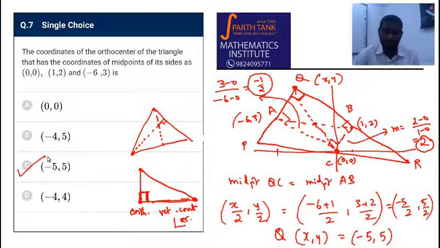See, it's a simple problem, very few calculations, if you guess that this is a right angle triangle. To do that, first of all I check the slopes of the triangle formed by the midpoints, and indeed they are perpendicular. Therefore the whole triangle also has to be a right angle triangle, because this line is going to be parallel to this line, all those theorems. And once you recognize that this is a rectangle, you know that the diagonals bisect each other. You get the midpoint of AB is the same as the midpoint of QC, and an easy calculation for x and y. Very good. Let's move on to question number 8.